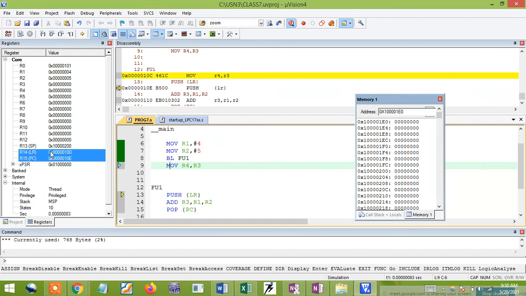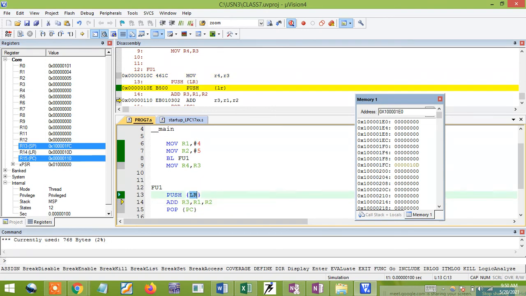After doing this, next I need to push this address inside the memory. That's why I'm going to use the instruction PUSH LR. Right now my stack pointer is at 1000200, in this position only. Now when I go for the PUSH instruction, the stack pointer will be decremented from this position to this position, and you need to store the value. You can check it out. First the return address, which is 10D, that 10D data we are going to push inside the memory.